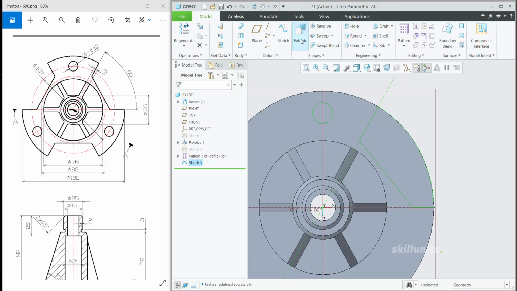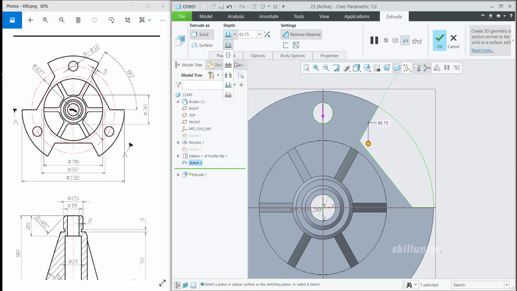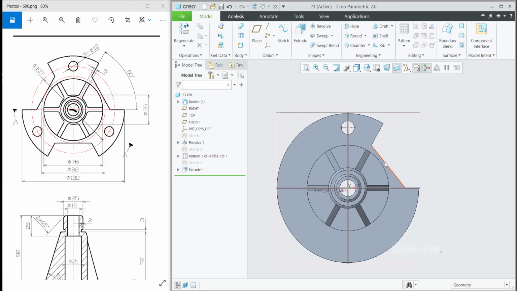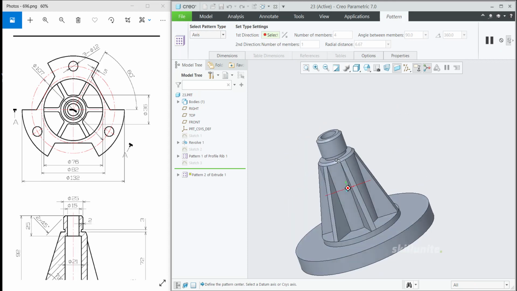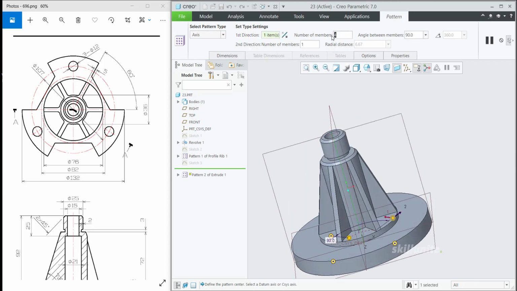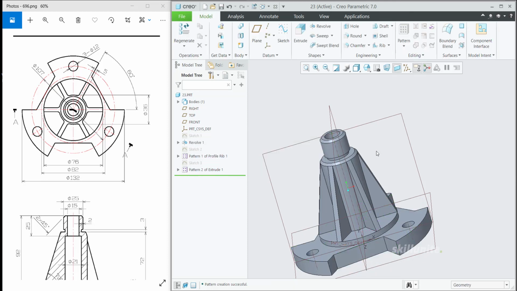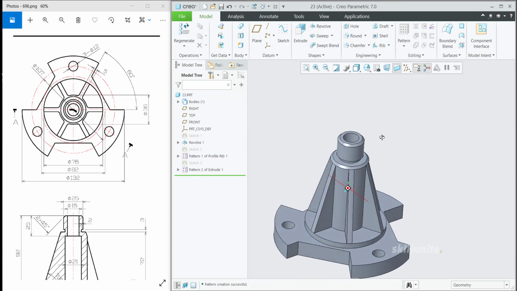So click the extrude option over there and click on flip, and we are going to remove material, choose through all, then click OK over there. So then we are going to make a pattern of this one. So just select extrude and then click on pattern. So same axis, choose it, then select your center axis. So we are going to make 3. Each one has to have an angle offset of 120 degree. So then click on sketch, then click OK over there. So now we have created exactly the shape what we needed.